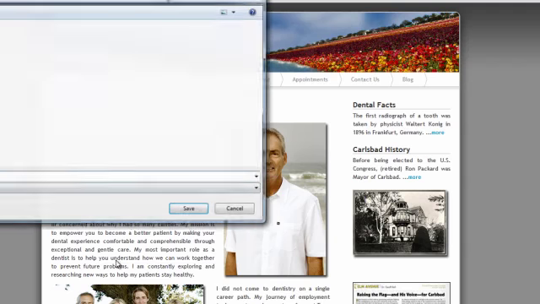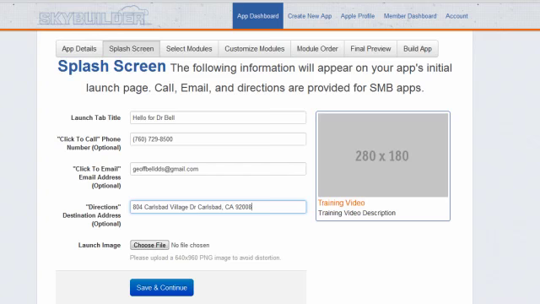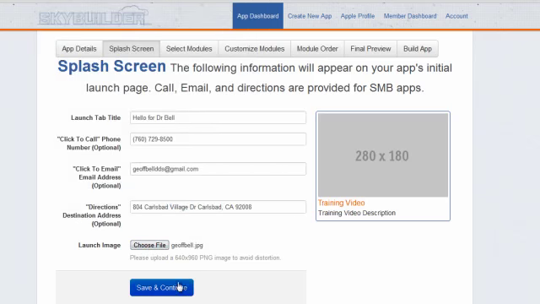I'm going to put it in there and just see how it goes. So I'm just going to save it in there, and then where do we go here? Just choose file, and we're going to go save and continue. You can see here